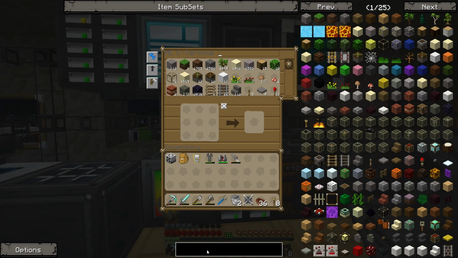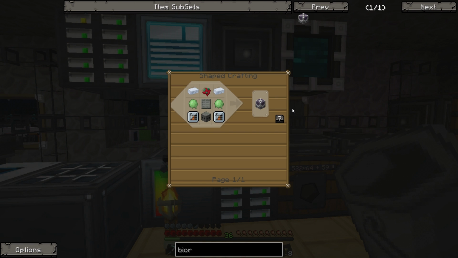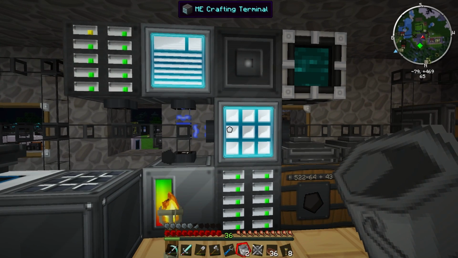What else do I need? So what the rancher will do is it will extract ink sacs. Now you can then use those ink sacs in the bioreactor to make the biofuel. So we're going to make this. I am maybe off camera, maybe in the next episode, going to upgrade my...